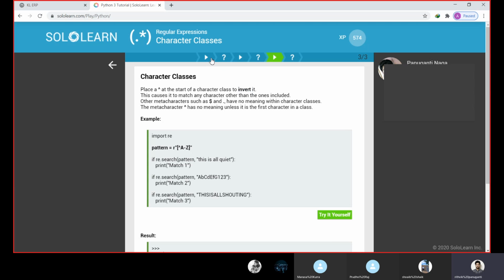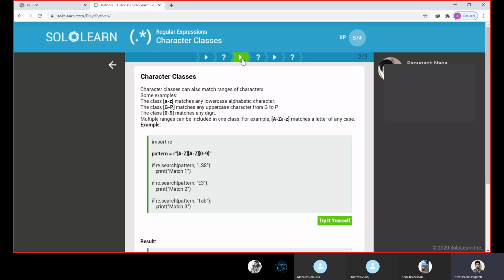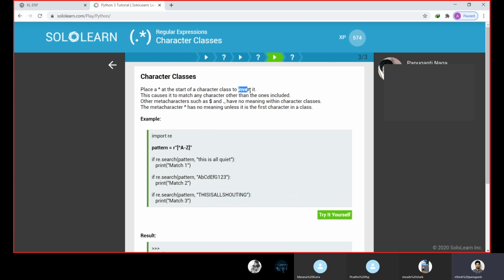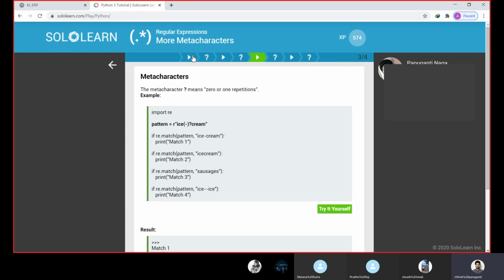So this is all about the character classes. We need to declare our character class in square brackets, and there are a few other ways we can give ranges. We can give 2 ranges in a single character class, and we know how to invert a character class. If we check all the characters other than whatever range we have given in the character class, that is how we invert it. So character classes, next we see some more meta characters.